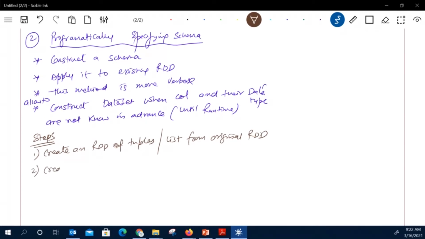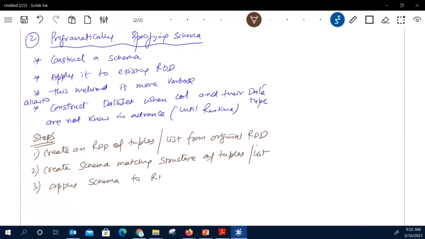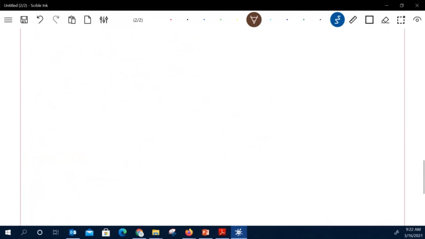Then after that we create a schema, and the schema should match the structure of the tuples, or whether you are using a list. So the schema should match the tuple or list. Then after that we apply the schema to the RDD.